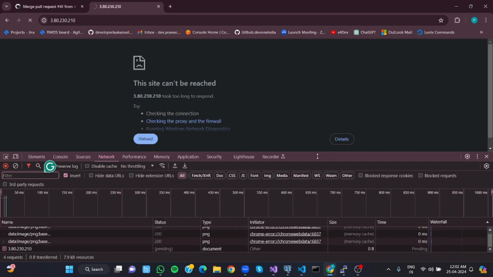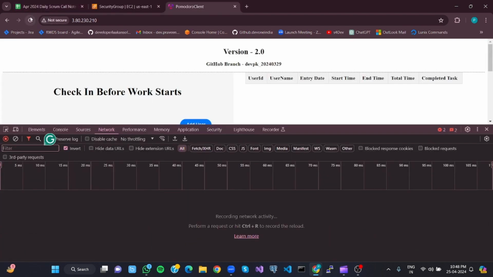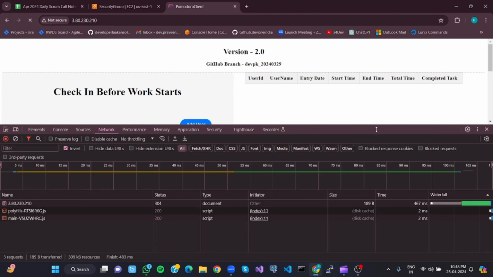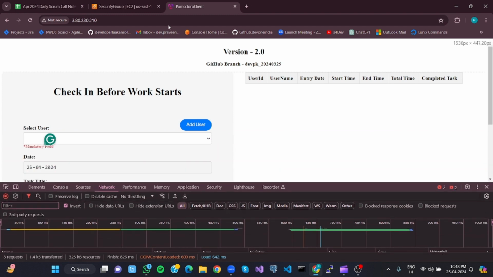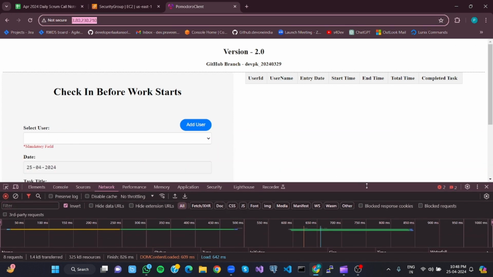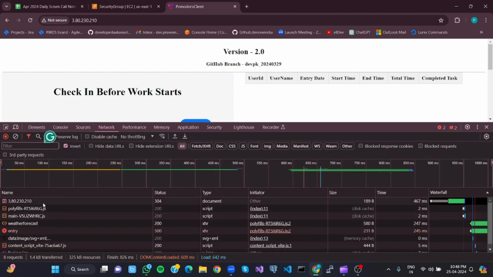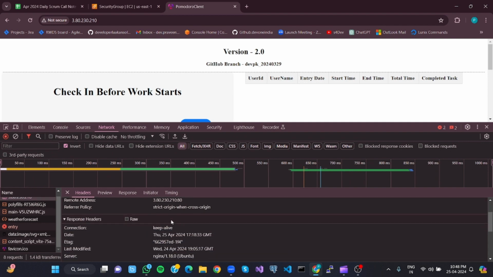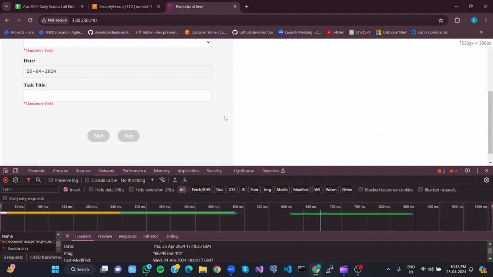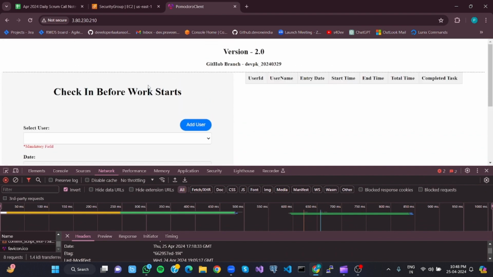Taking too long. Boom. So we got it. So it's running in HTTP. Here, HTTP is 304 not modified and all good. The project we have seen in the local, successfully we have